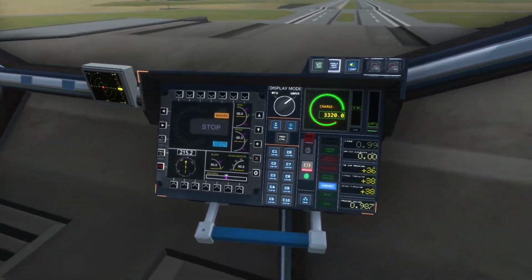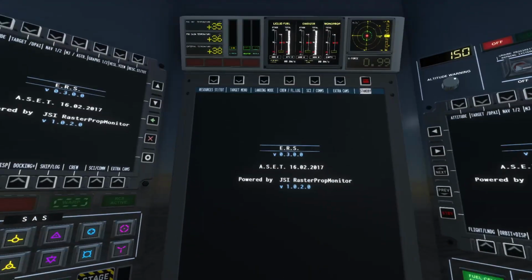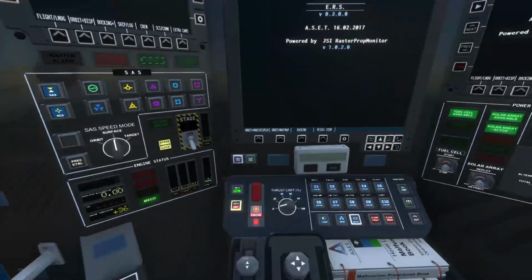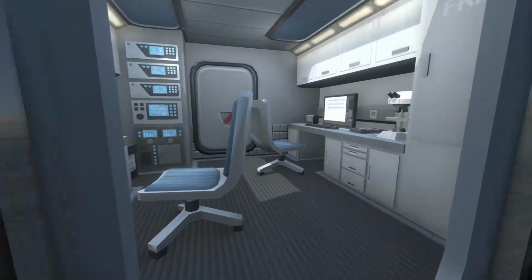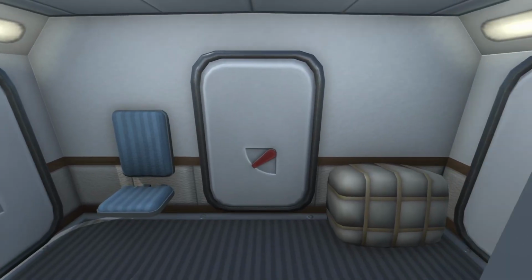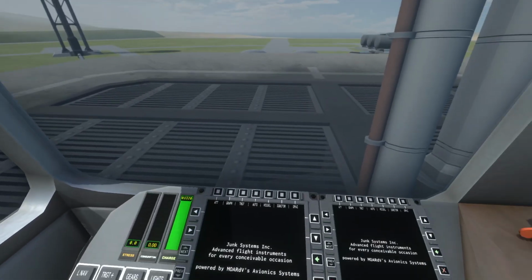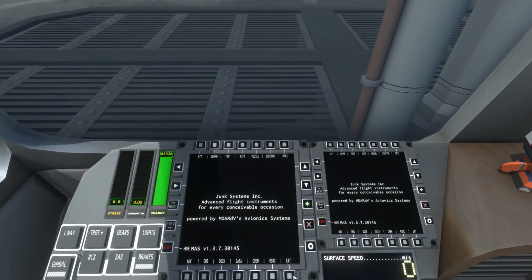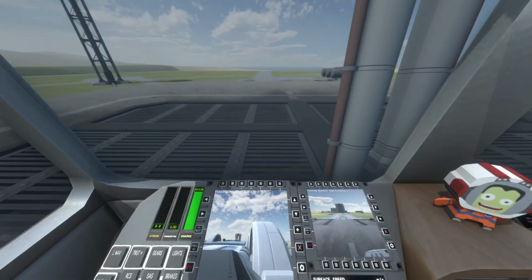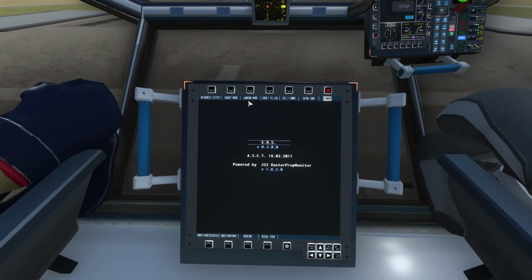That'll keep an eye on my left side. We have Roanie in here. However, this is good information for this craft. However, we are not really going to be using it. Such a pretty day. We're not going to be using it, so Roanie can go ahead and hop back here and be in the back seat. There we go. And just some visuals for him to look at. This seat as well